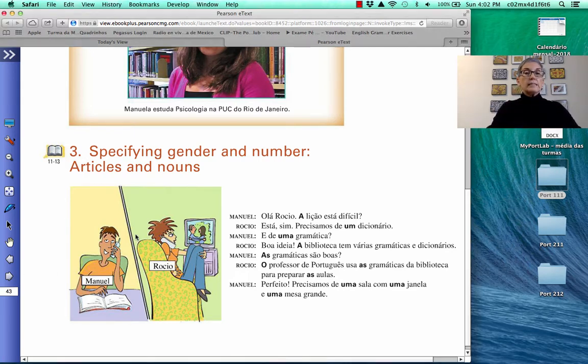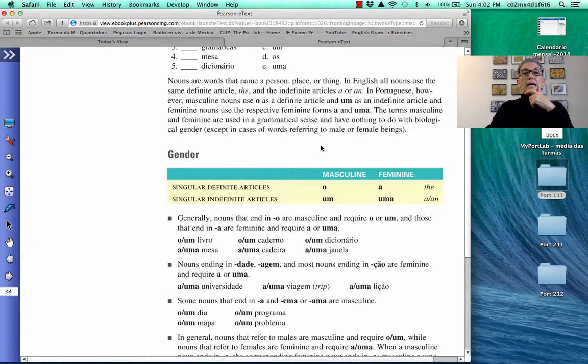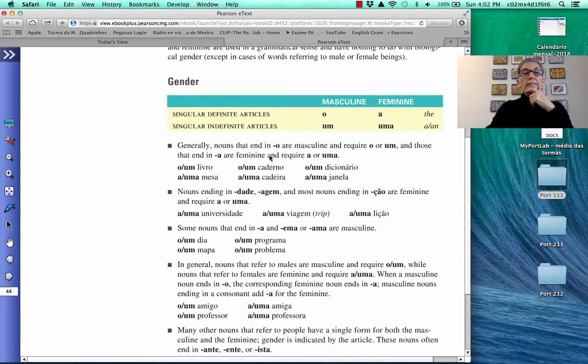Ok, so let's see here. So, on the next page, página 44, you have the explanation in English, okay? The article. So, here you have to do this exercise, okay? Now, please read. Let's go through this together, okay? It's very important that you understand this. So